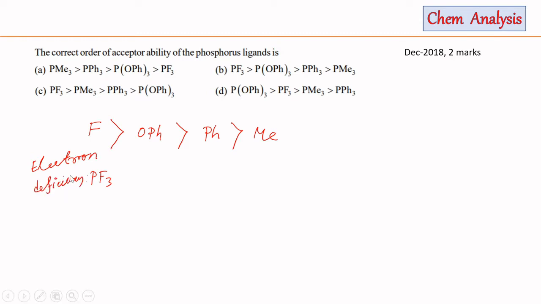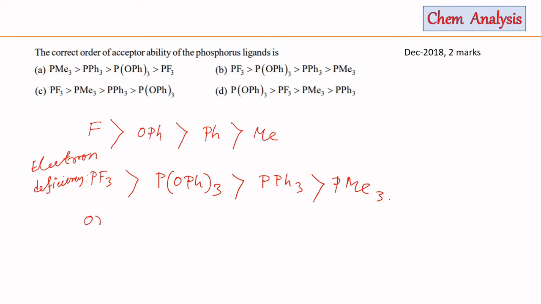You can also think of the order of electron density. The order of electron density will be just opposite to the electron deficiency order. So electron deficiency of PF3 will be highest, later it will come P(OPh)3, then PPh3, and least electron deficient will be PMe3. Now as I said before, higher the electron deficiency on the central phosphorus center, higher will be its electron acceptance ability. So the order of electron acceptance will be